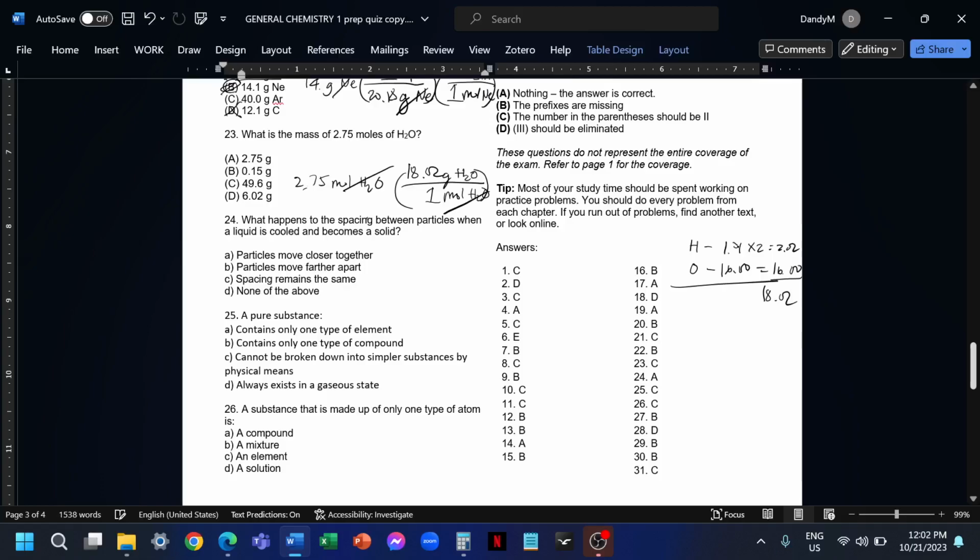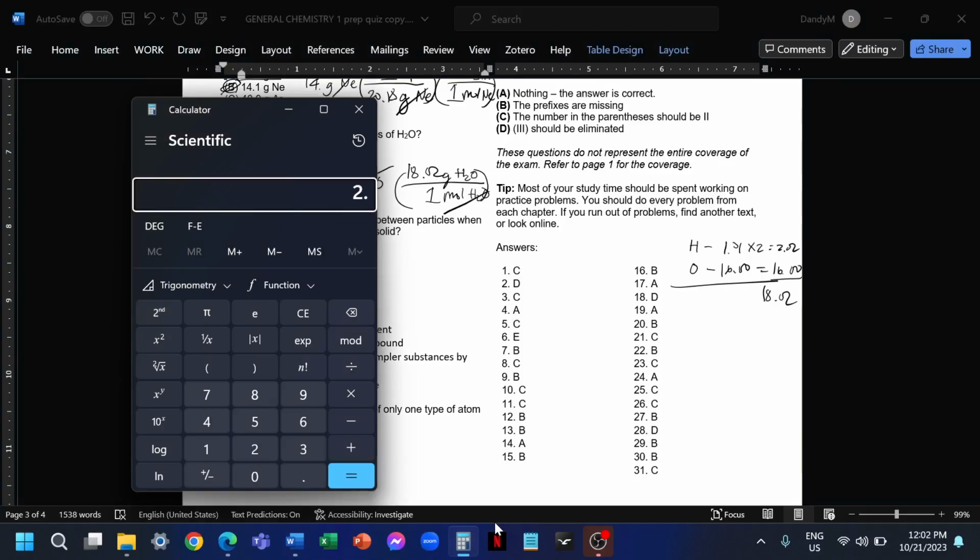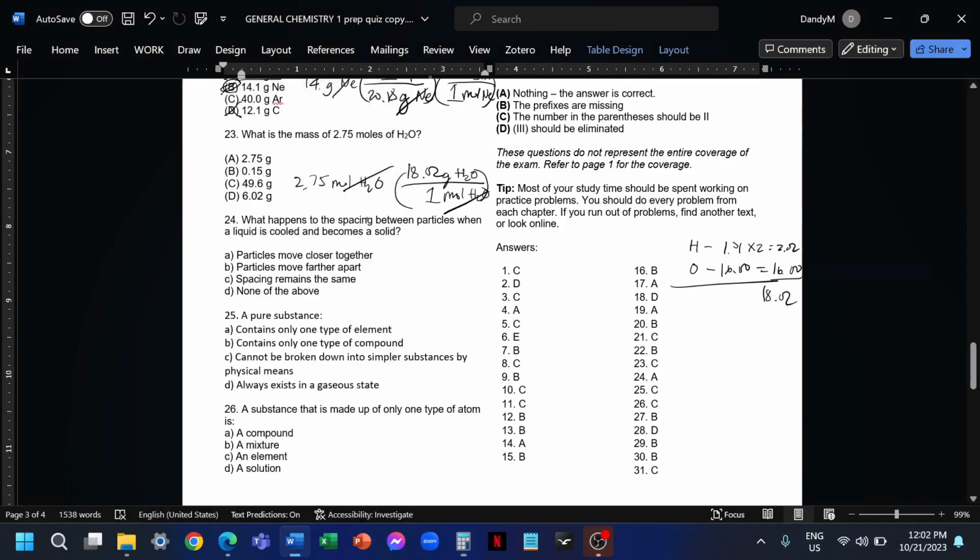What's left is the grams of H2O. And after this, we can do the operation here. That is 2.75 times 18.02. So we have 49.555 or 49.6. That is letter C. Number 24, what happens to the spacing between particles when a liquid is cooled and becomes